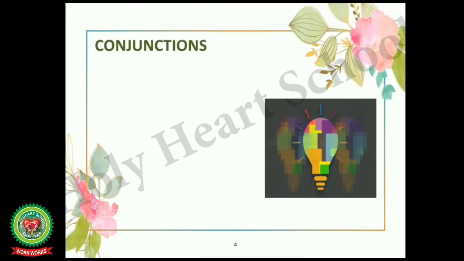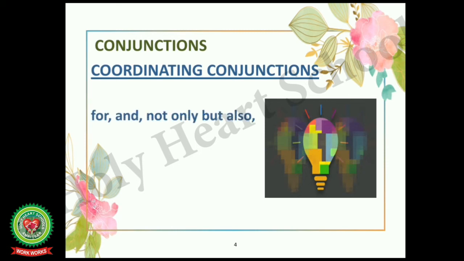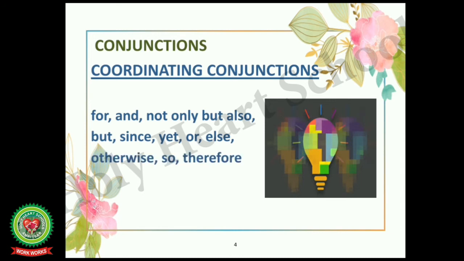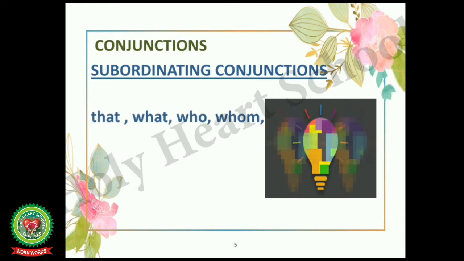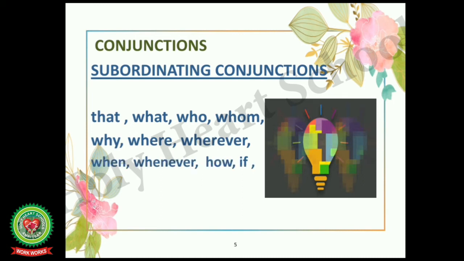Now students, as we know, in compound sentences we use coordinating conjunctions like for, and, not only but also, but, since, yet, or, else, otherwise, so, therefore, hence, etc. And in complex sentences, we use subordinating conjunctions like that, what, who, whom, why, where, wherever, when, whenever, how, if,